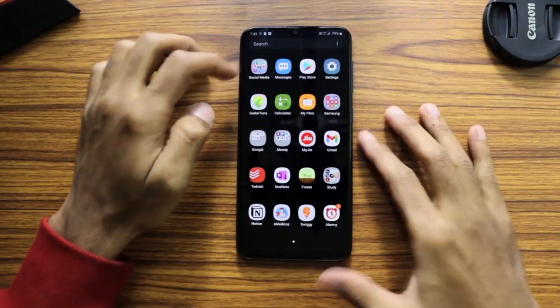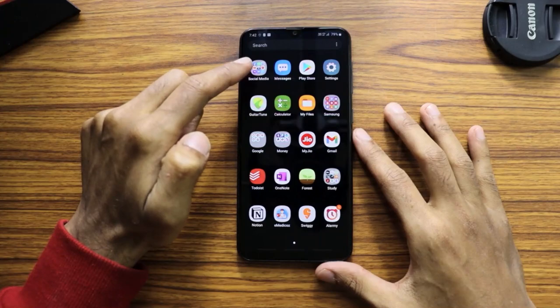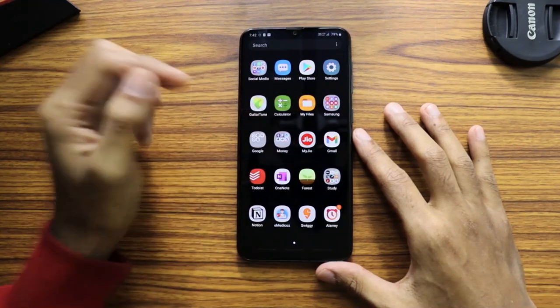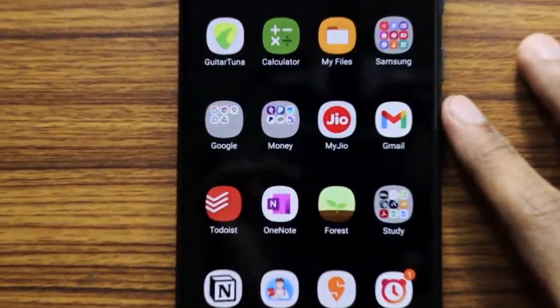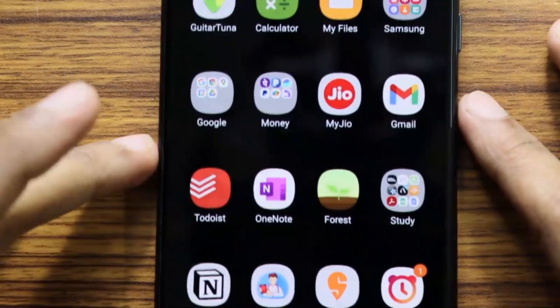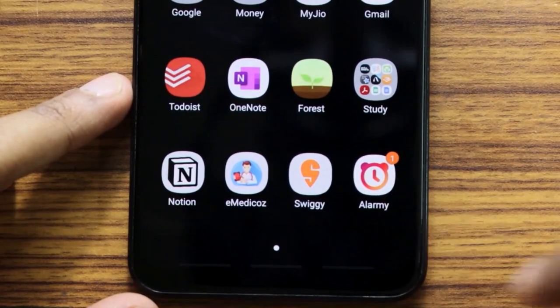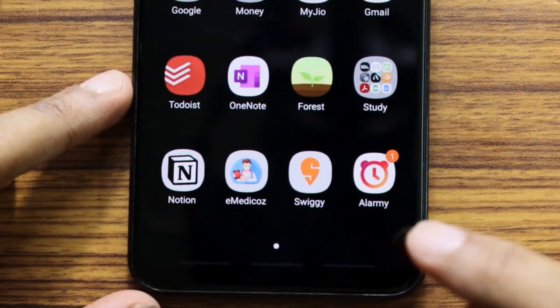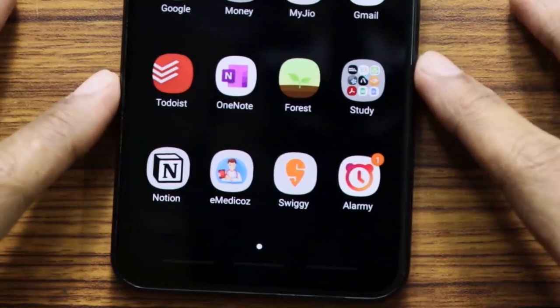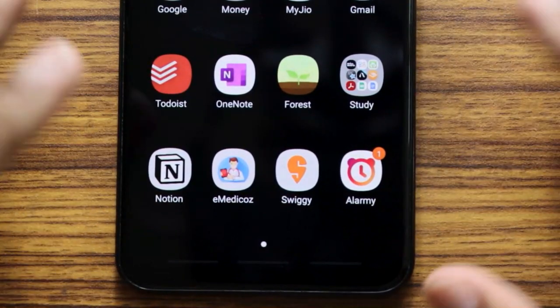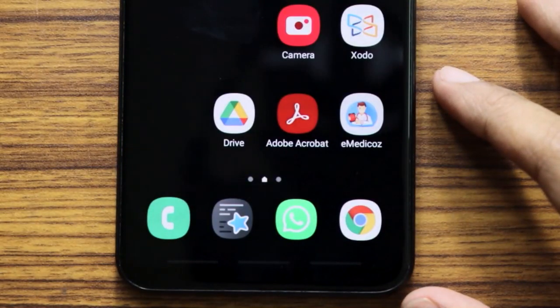Now as you can see here, I have put all my social media folders here. I have put everything accordingly. Let's zoom in a bit and see everything one after another. You can see the bottommost corner here, I have put this alarm app which I use a lot. This is Alarmy. Now remember, this alarm app will be used by me every day, right? But I cannot put it in my home page. It will not look good here.